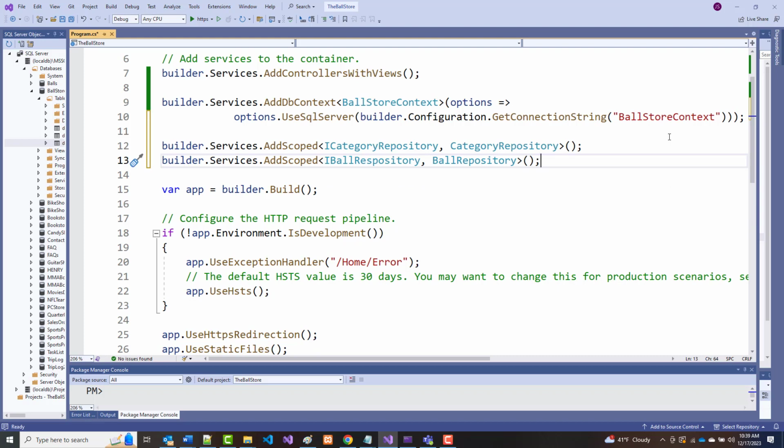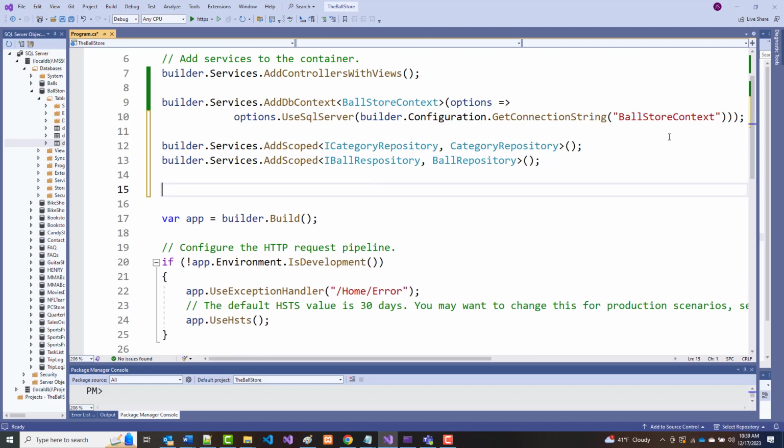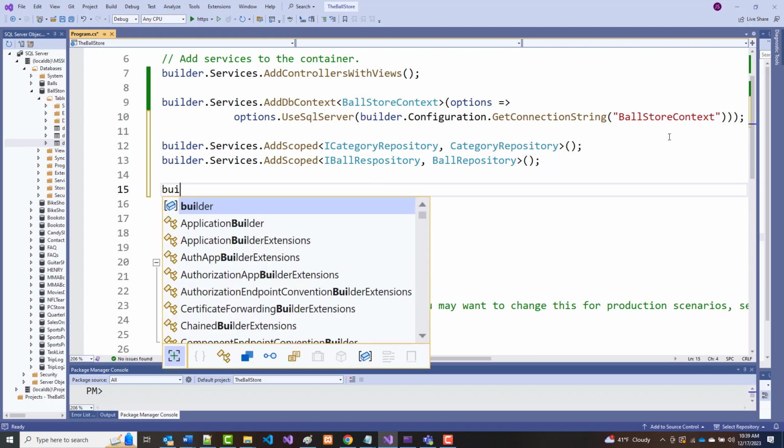Now, we're going to add a couple more later when we add more to this program. We're going to add one for our shopping cart and one for our order. Since I haven't built that stuff yet and even put it into the system, I'm not going to put that in here yet. All right, now there's another couple things we're going to have to put in here, I think, and I don't think it's going to hurt to put them in now, and that is